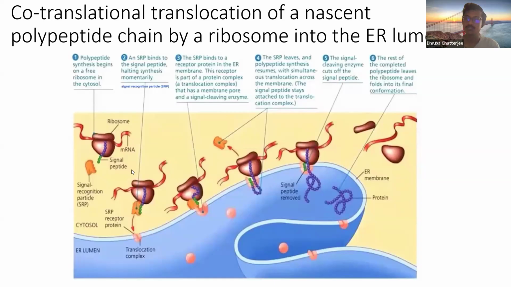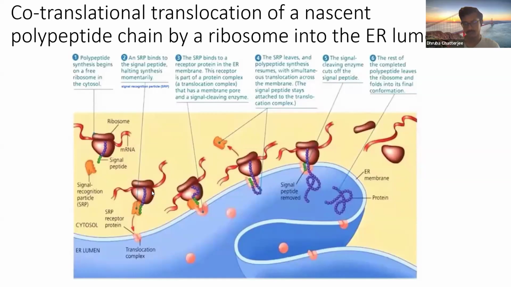Proteins which need to be delivered to the endoplasmic reticulum will have a unique endoplasmic reticular signal sequence, which is recognized by a set of proteins which are together called the signal recognition particle. So that will bind to this